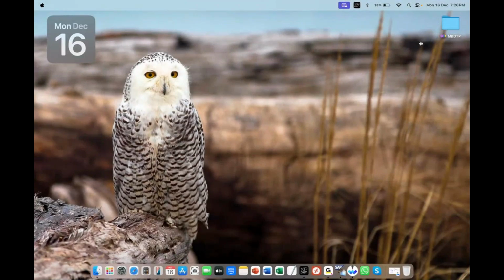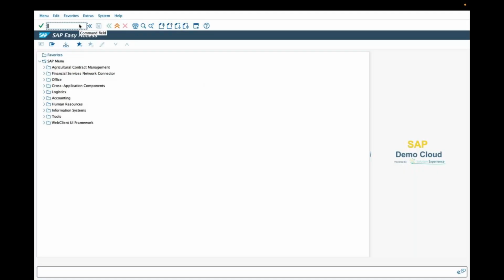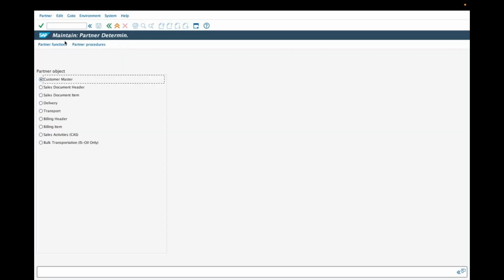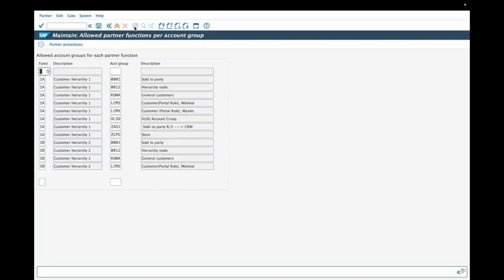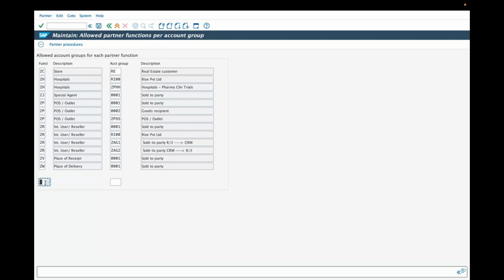Three functions. Like how I made sold-to party, the same way I'm going to make this now. Nothing changes, just the functions. So VOPA, partner functions, environment, account group assignment, that is a layout. Go to the last page, give the last entry,